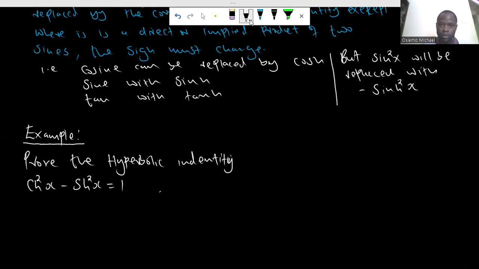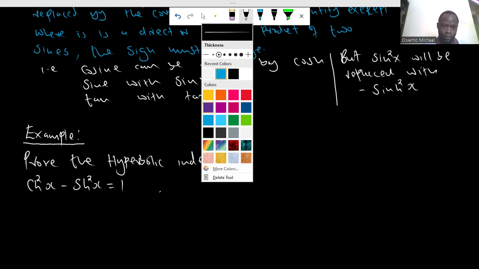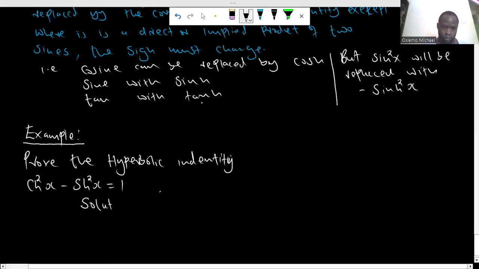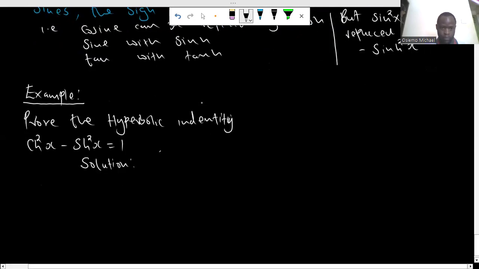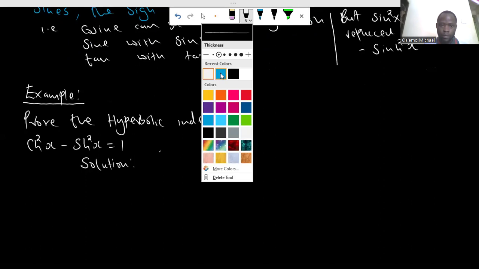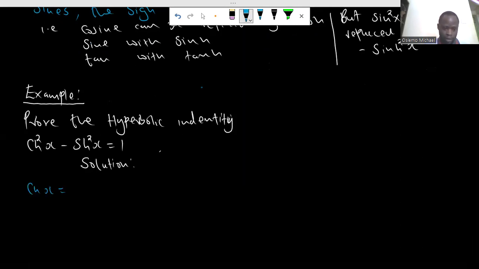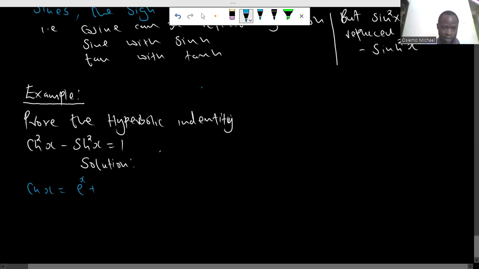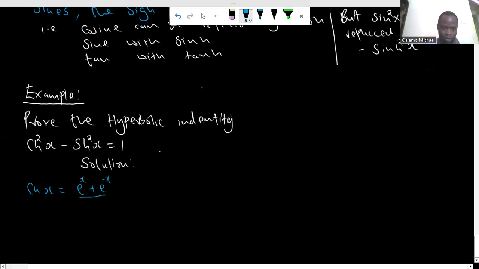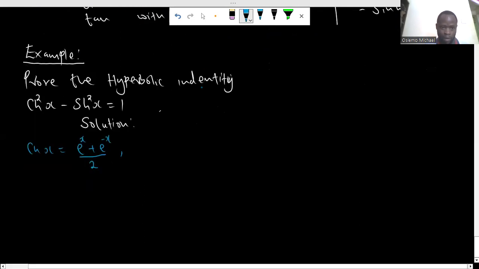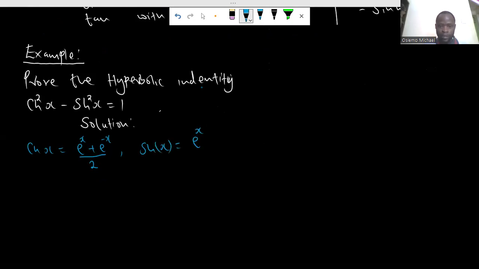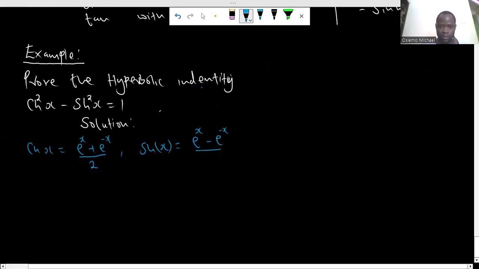So let us continue with the proof solution. We want to apply our first scenario. We can replace ch of x with its definition, exponential x plus exponential negative x over 2, and sh of x with exponential x minus exponential negative x over 2. Now, if you substitute here, you're going to have